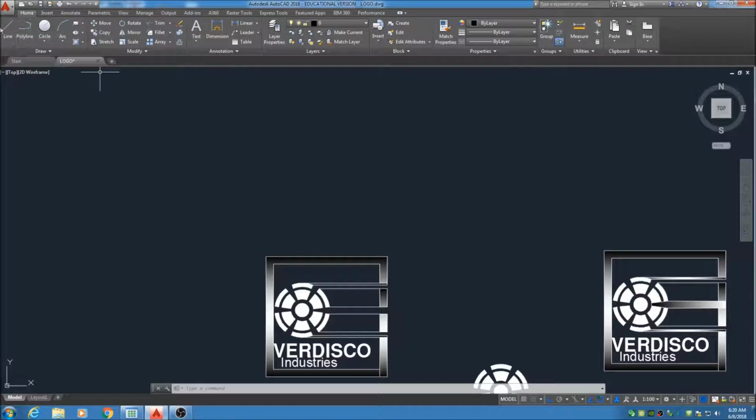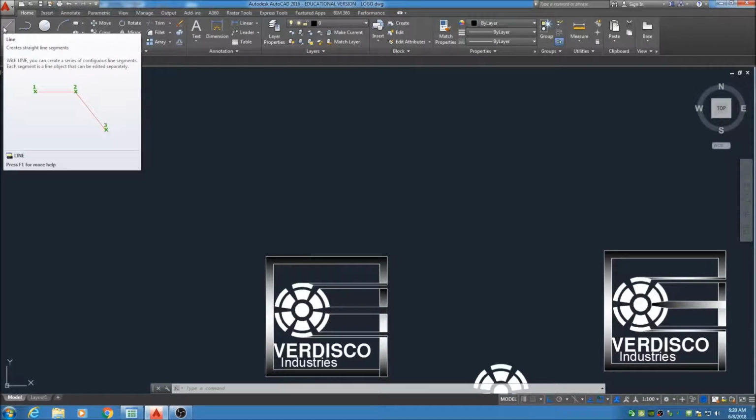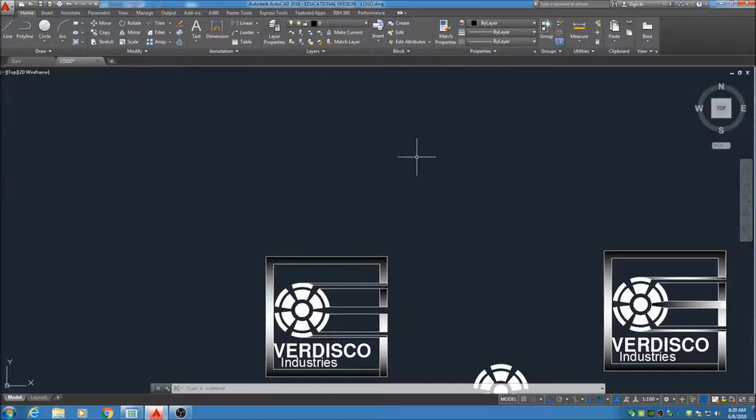So the first thing I'm going to do, oh, by the way, on Google Classroom, it tells you how everything needs to be set up. So you should have all your parameters set up on AutoCAD already due to the information on Google Classroom. So over here we have our line tool. And let's go ahead and start with a 2-inch line, 2 enter,